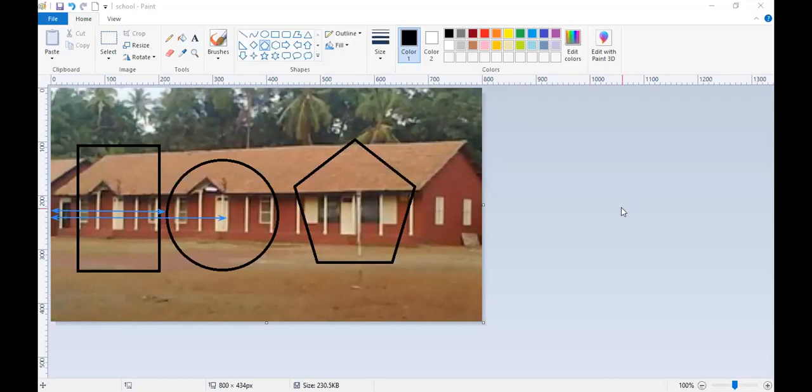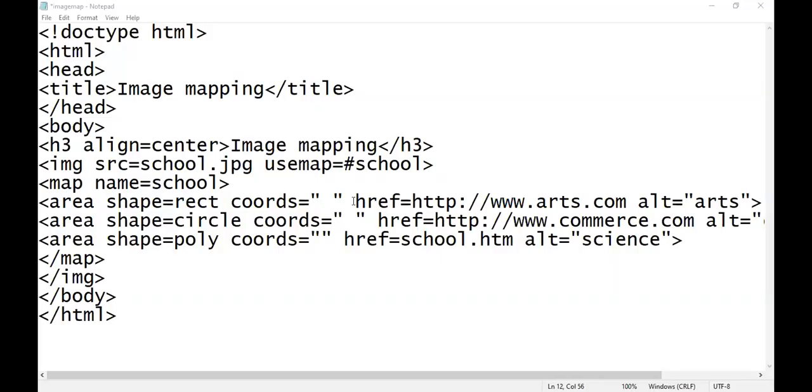Okay, so we got all the coordinates. Now we will write the coordinates in a notepad. I stop the share and go to the notepad. Now here I have to mention the coordinates. Tell me the coordinates of the rectangle. I will copy from your chat box.